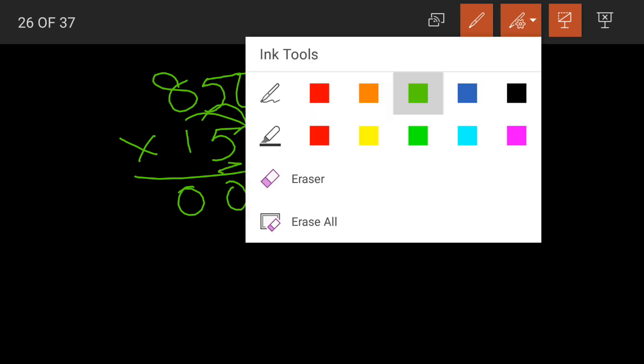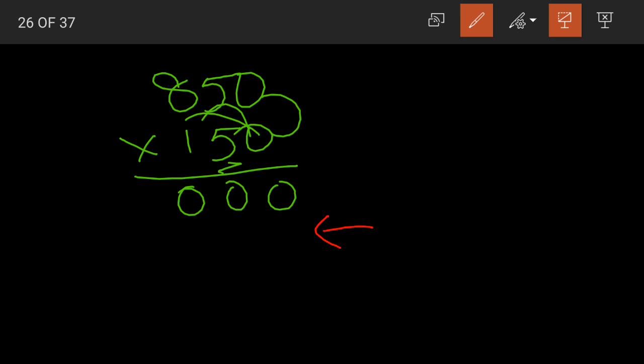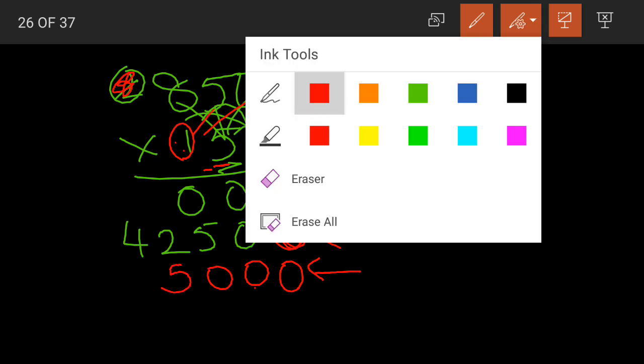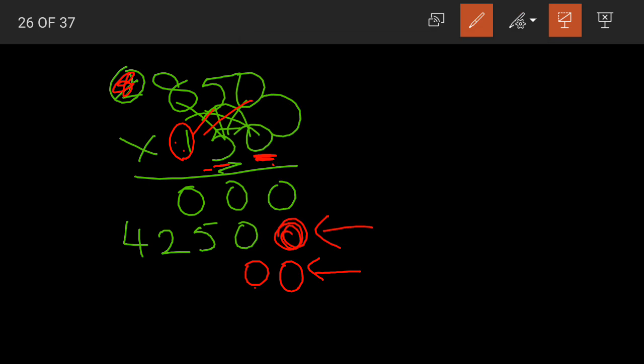Coming to the next digit 5. Start in a new line, but before multiplying, after 5 we have one digit. So placing 1 zero here. Then 5 zeros are 0. 5 5s are 25. 2 carried. 5 8s are 40 plus 2 becomes 42. Moving on to the last digit 1 here. Again new digit in a new line. After 1 we are having 2 digits. Yes. So placing 2 zeros. 1 zeros are 0, 1 5s are 5, 1 8s are 8.